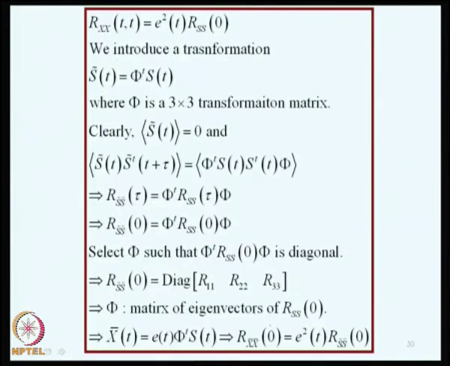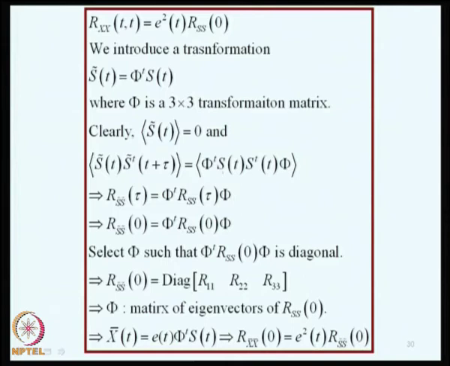Now, what we could do now is we can transform S of t to a new coordinate system through this transformation matrix phi transpose. So, S tilde of t is phi transpose S of t, where phi is a 3 by 3 transformation matrix. Now, clearly if expected value of S of t is 0, expected value of S tilde of t is also 0, and if we now compute the covariance S tilde of t into S tilde transpose t plus tau, this is given by phi transpose S of t and S transpose phi,